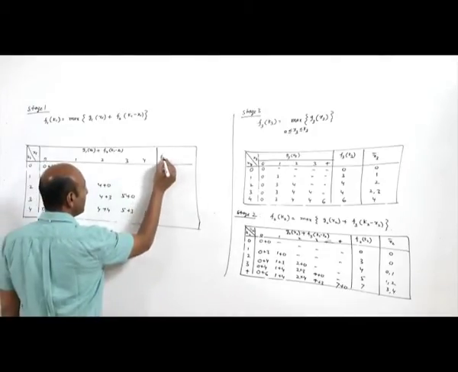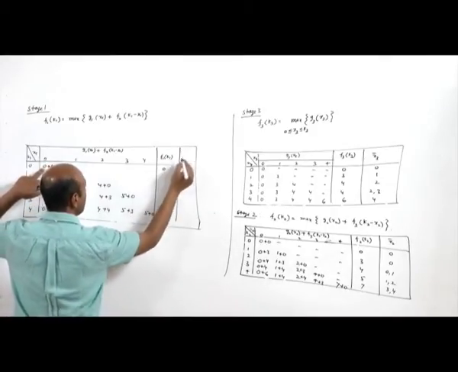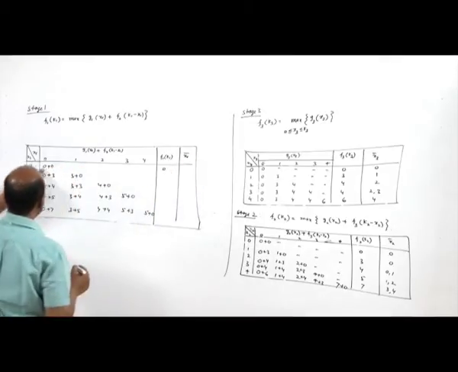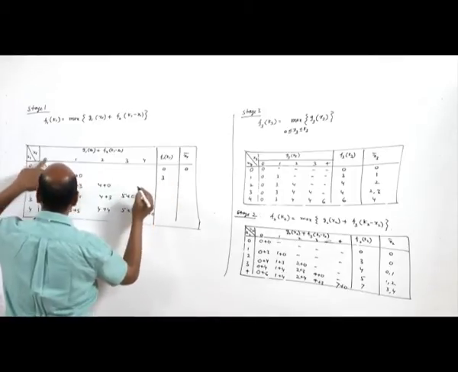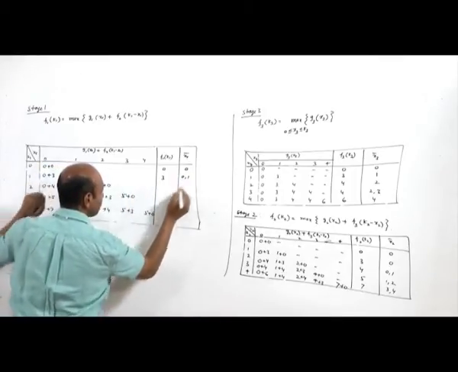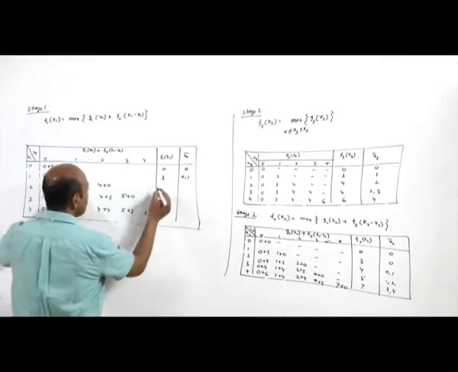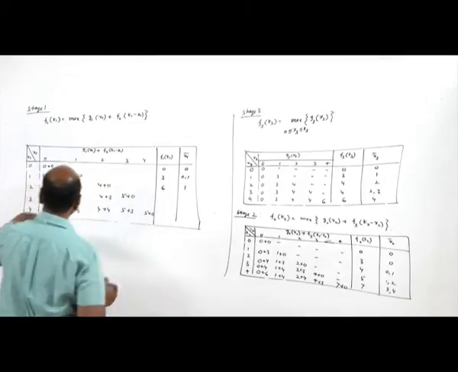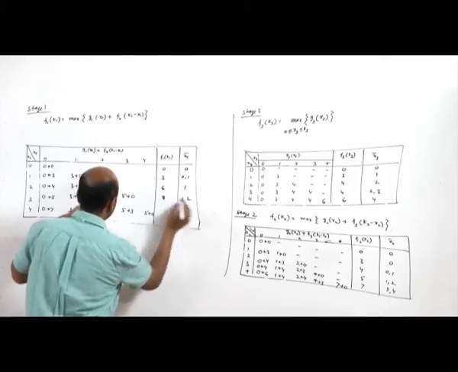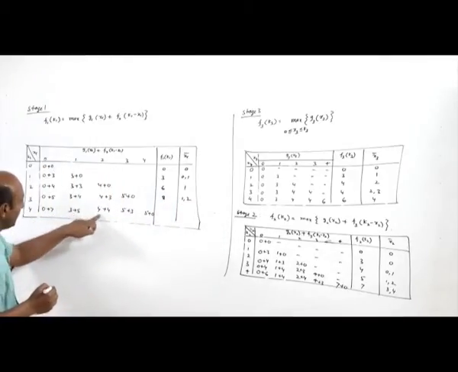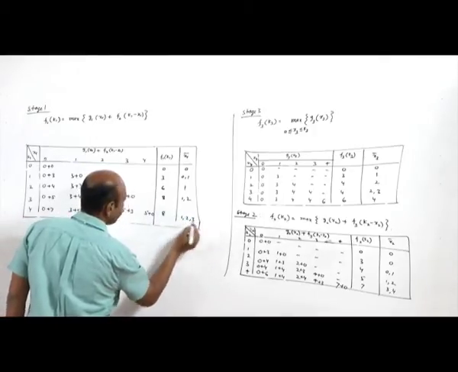So, what will be F1 K1? F1 K1 maximum is 0 at which x1 bar? At x1 bar equal to 0, 0. This is 3, maximum at 0 and 1. Okay. Now, this is 4, 6, 4. So, 6 is maximum at 1. 5, 8, 8, 5. So, 8 is maximum at 1 and 2. And 7, 8, 8, 8. So, 8 is maximum at 1, 2, 3.